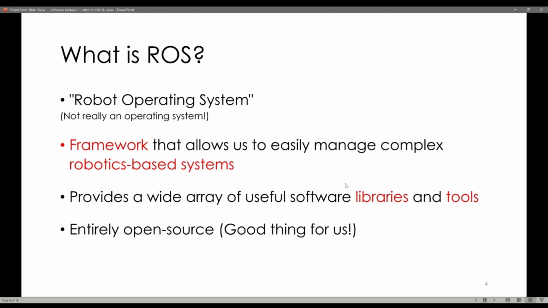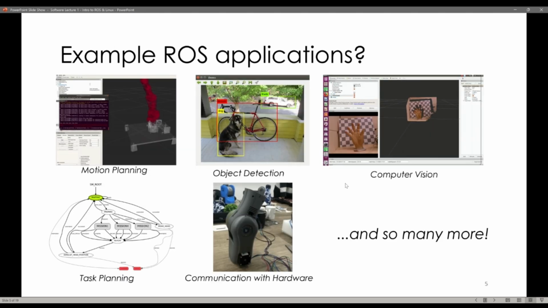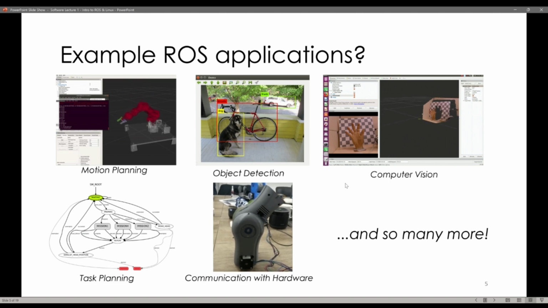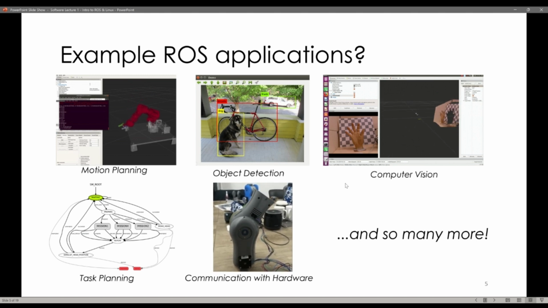ROS also provides a wide variety of useful software libraries and tools, and many of these libraries and tools are open source and available for us to use and play around with, which is excellent for developing our own stuff. So what are some example ROS applications? So one very big example is motion planning. So here's a